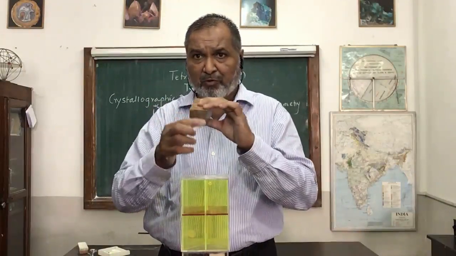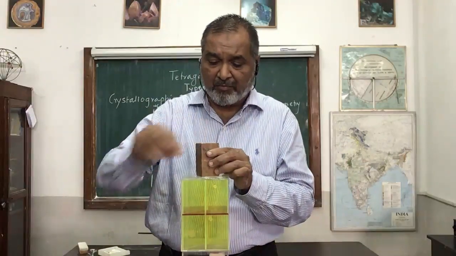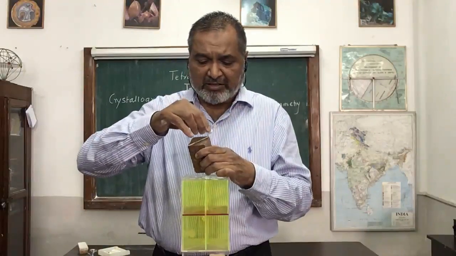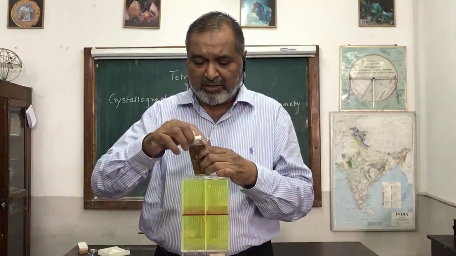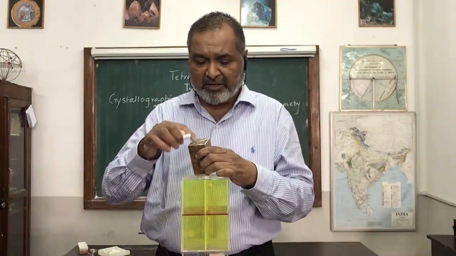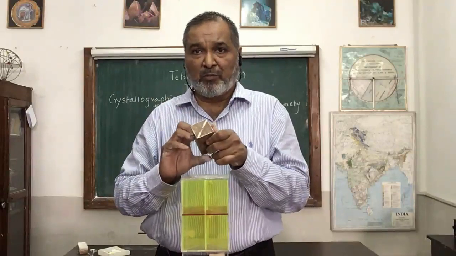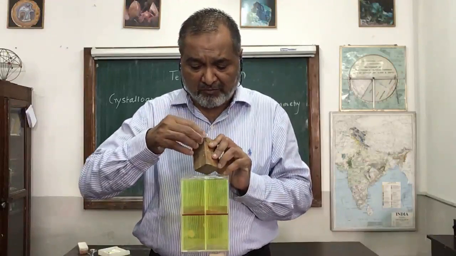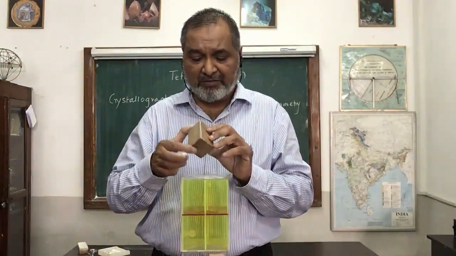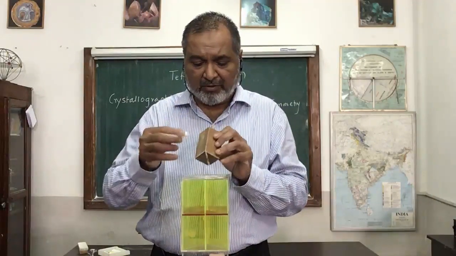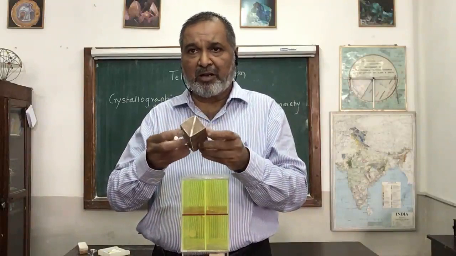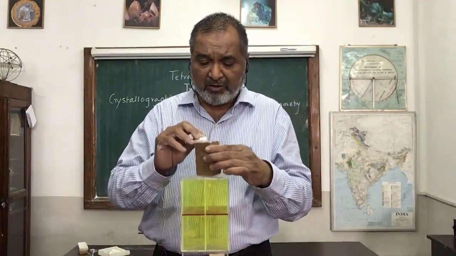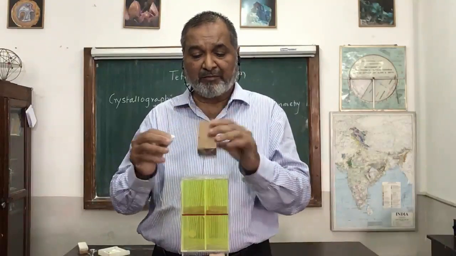Yes, there are 4 corners on the top, 4 corners on the bottom. So join them. If I draw this one, you can see this triangle is exactly on the opposite side. This corner and this corner are at equal distance from the center. This edge is here, this edge is here. So exactly this is going to divide this particular square face. Draw it from the edge, again exactly the same face will be there. Again it goes out and goes out. Exactly, it is going to divide the crystal model. So one corner is given, then the next pair also gives you another edge. So this is the second one.